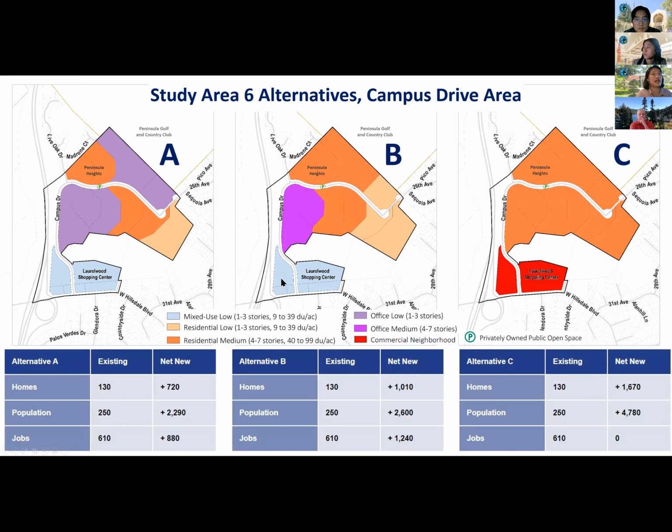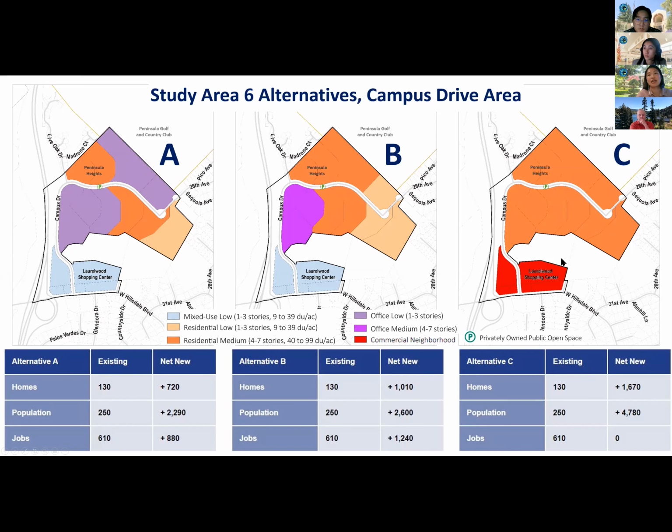Other key differences, A and B would look at designating Laurelwood Shopping Center as low rise mixed use. And again, if you refer to the place type menus, mixed use includes not just commercial, it can also allow residential and office use.